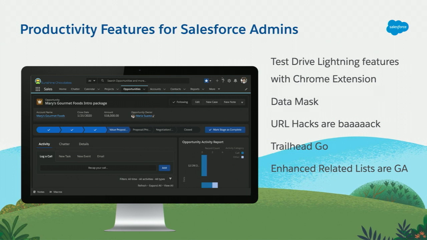And enhanced related lists. A few releases ago, we talked about enhanced related lists, and we shared all that you can do with Lightning record pages with them. Now we're excited to announce those are GA. For those of you who were early adopters when it was in beta, congratulations, it's GA. And if you haven't yet gotten hands-on with Lightning related lists, now is a great time to do so. Read about it in the release notes. We've got some videos on our YouTube channel about enhanced related lists. They help bring even more to your end users. Very exciting.